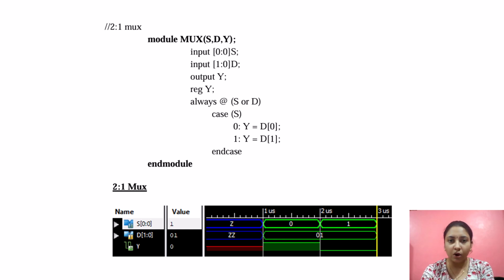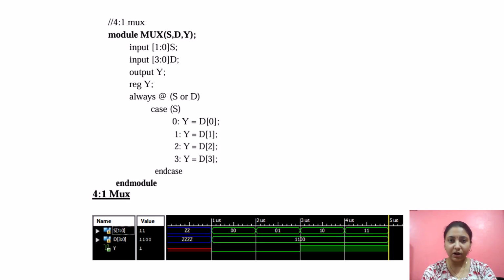Here is the output of 2:1 multiplexer. This is the Verilog program which represents 4:1 multiplexer. Input 1 to 0 S is the 2-bit selection input. It determines which of the 4 inputs is selected. Input 3 to 0 D is the 4-bit data input. It represents possible values that can be selected based on the value of selection